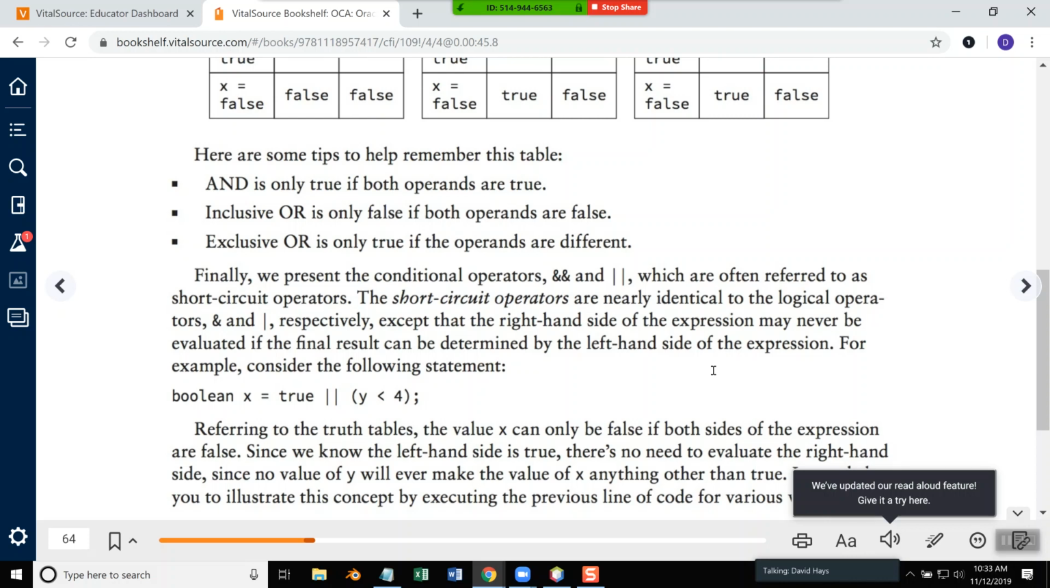And then they present the conditional operators, the two ampersands or two pipe symbols, which are referred to as the short circuit operators. They're pretty much identical to the single ones, except that the right-hand side of the expression may never be evaluated. The final result can be determined by the left-hand side of the expression. For example,